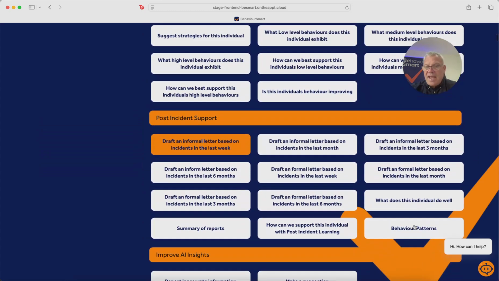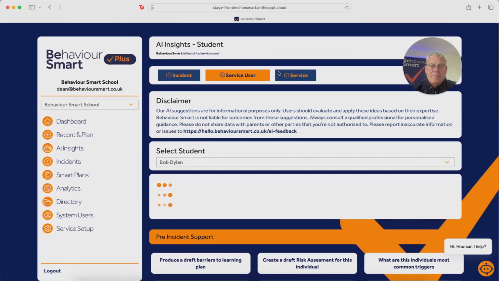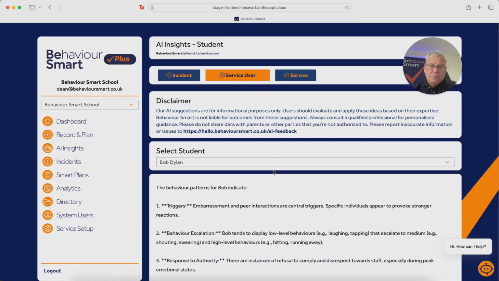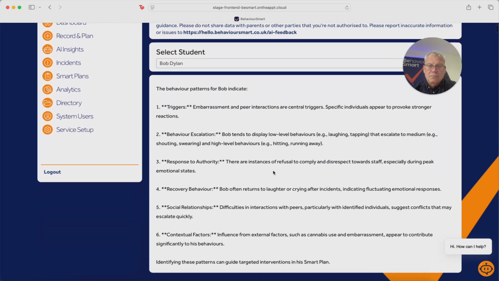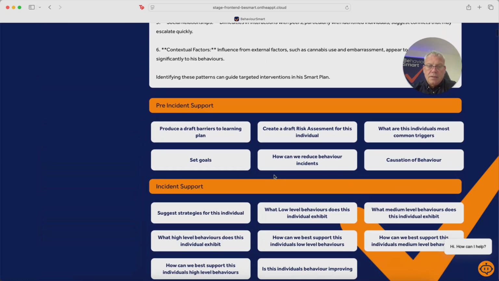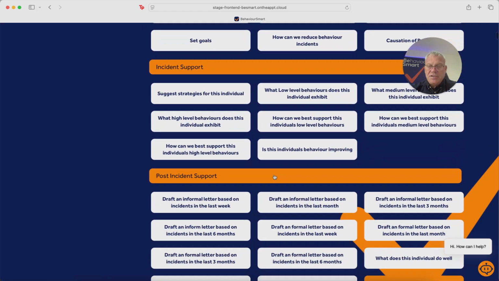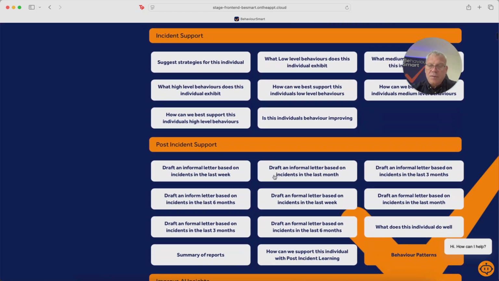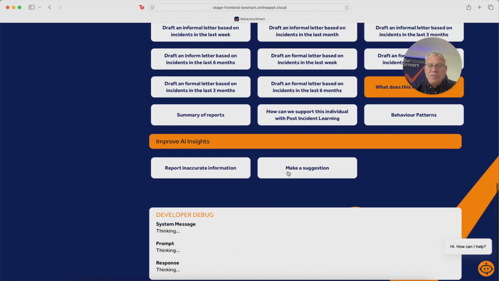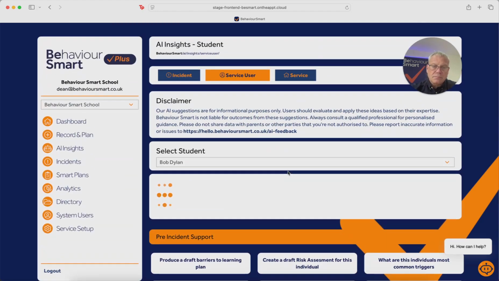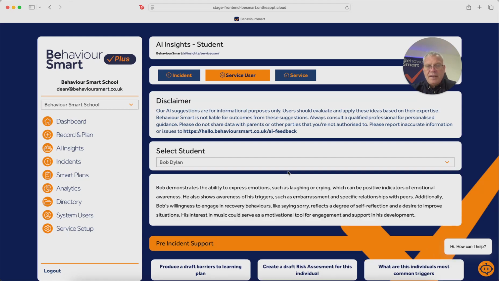We can look at behaviour patterns, see if we can see any behaviour patterns. There's a whole range of information on here of support. You know, what does this individual do well? And again, we just click the button, let the AI do its stuff. And Bob demonstrates the ability to express emotions such as laughing and crying, which can be positive indicators of emotional